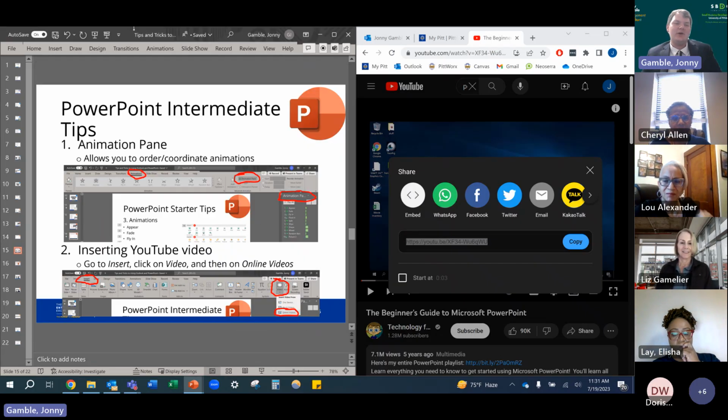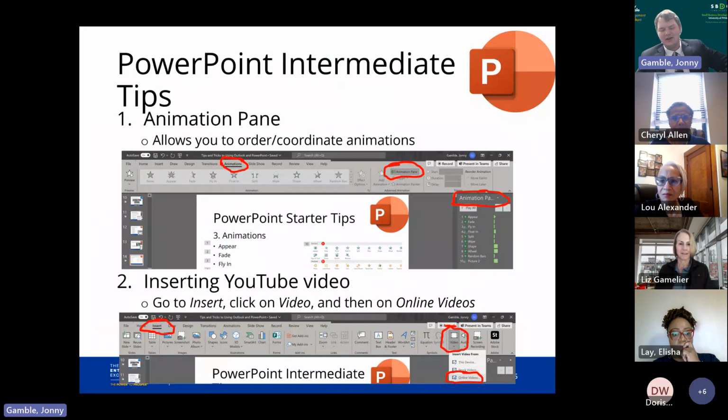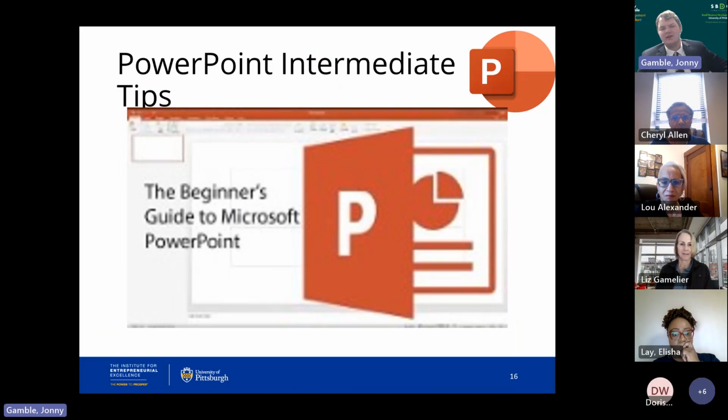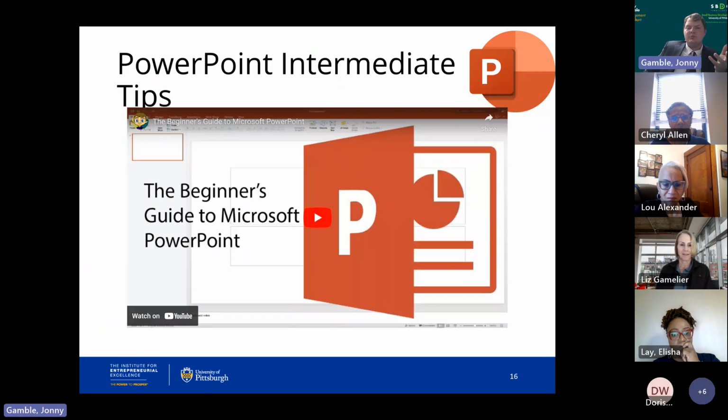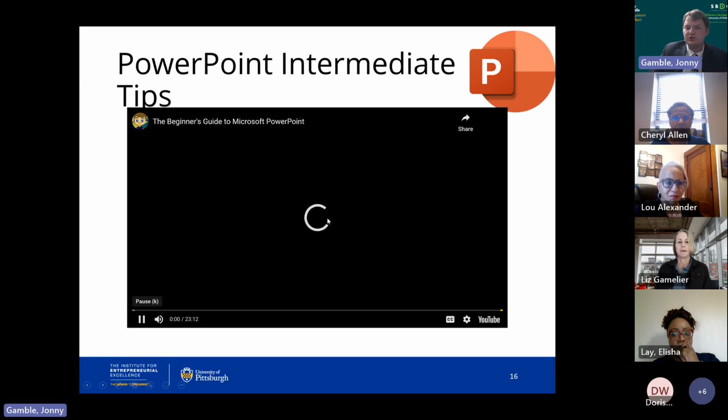Well, anyway, all right. I could try to troubleshoot that later. But what it ends up looking like in the presentation itself is that if you put that video screen into there, and then you go into present mode, then you will see the YouTube video pop up. If you click on it, you can actually start watching.